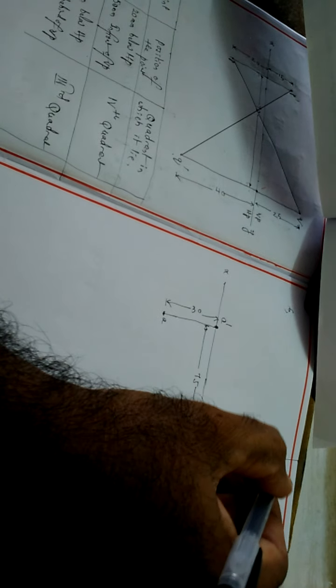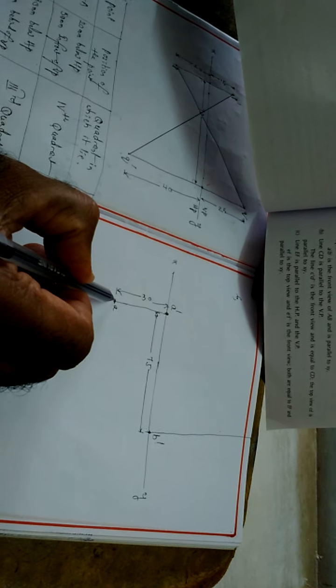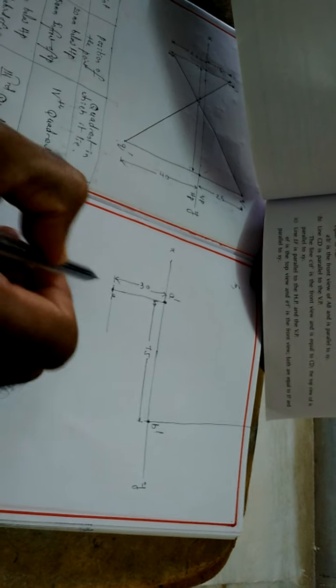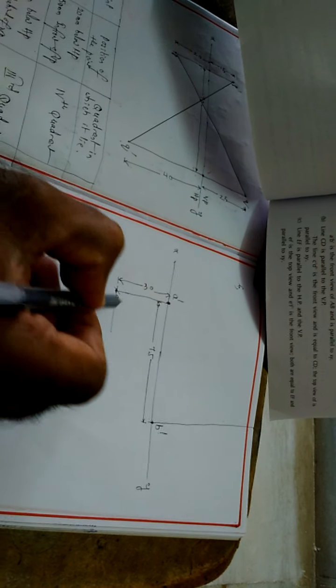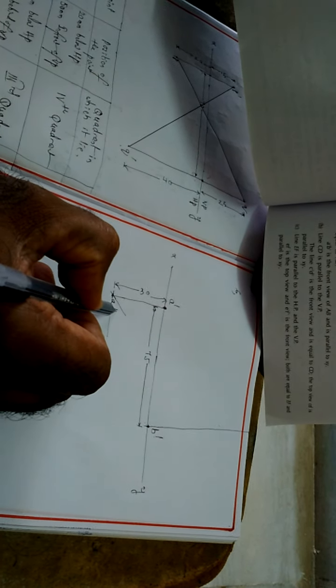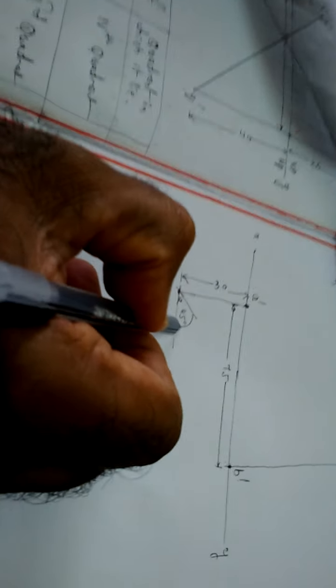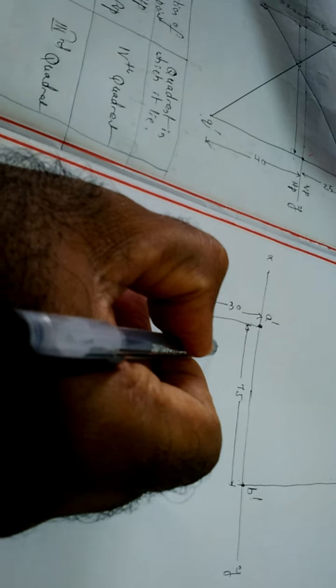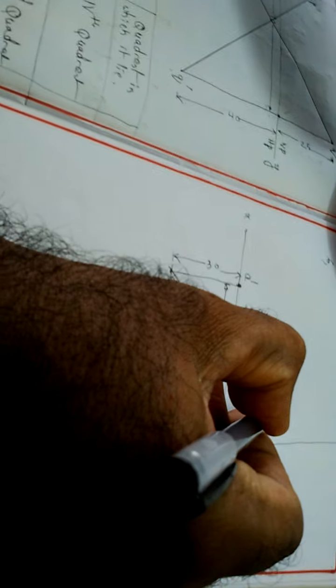But the other hint is that the line joining their top views makes an angle of 45 with XY. Already this is one top view. The second top view is here somewhere, we don't know where. But the line joining them makes an angle of 45. That's why at A, simply draw a small line. With a protractor, make an angle of 45 degrees and extend the line. Where it touches, that is B.